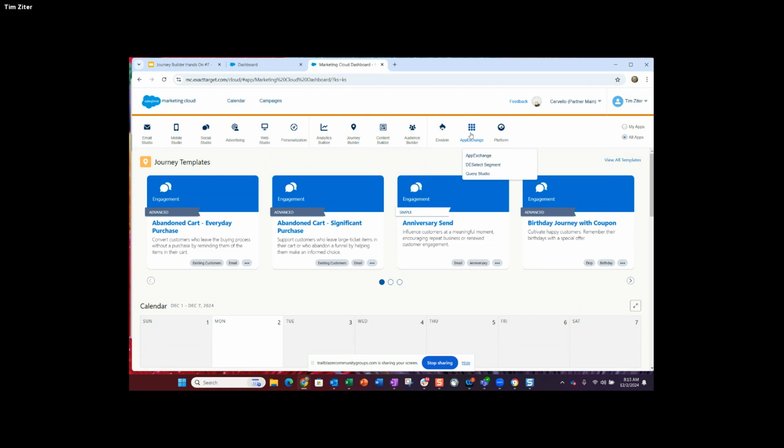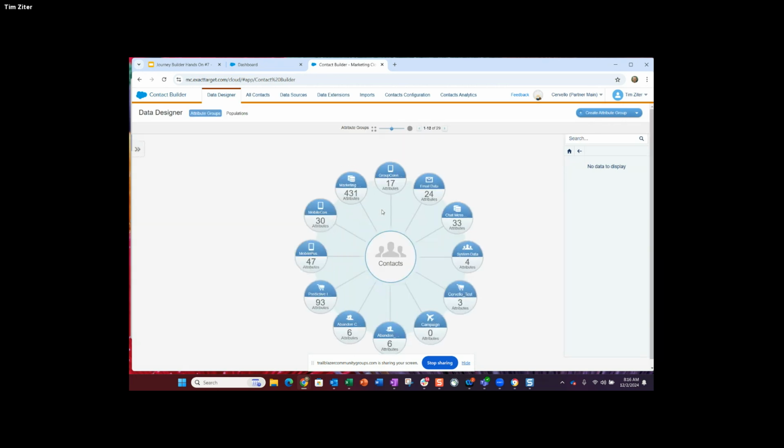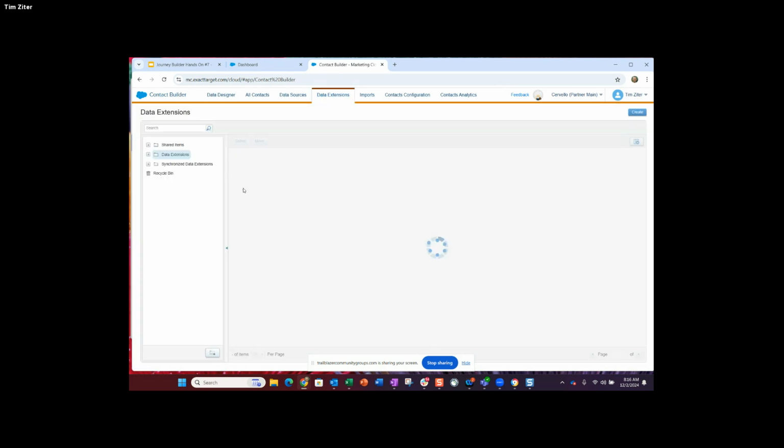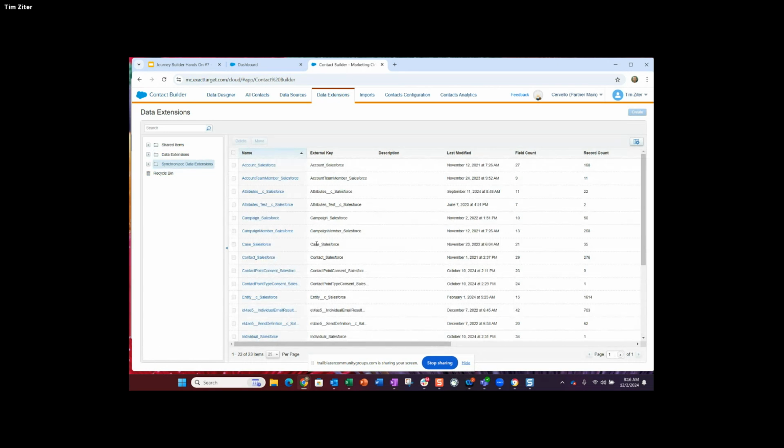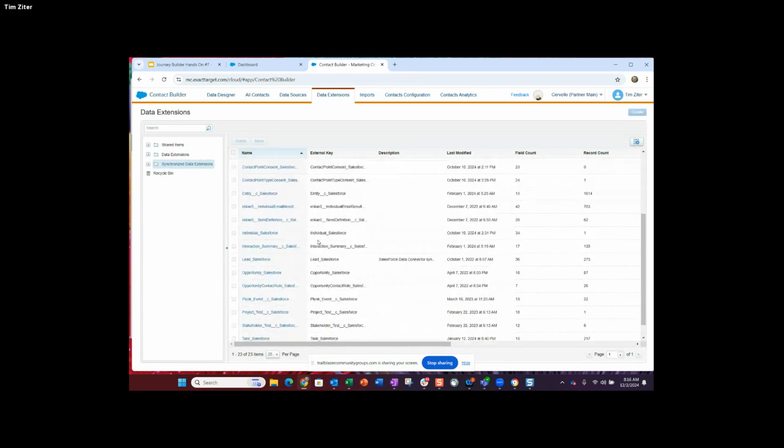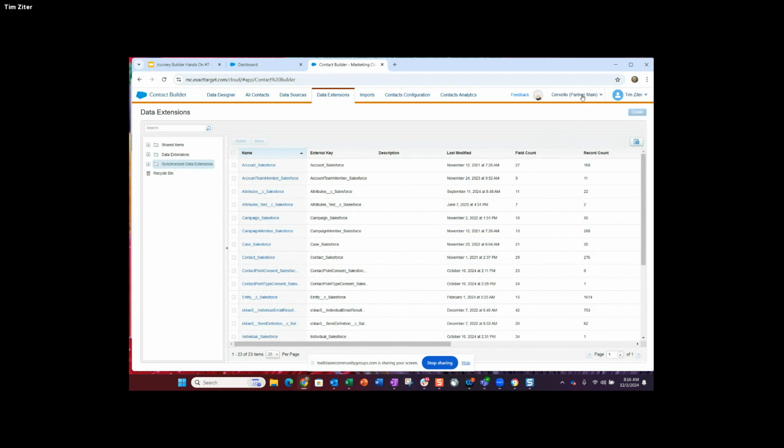If anybody has attended some of the hands-on sessions we've done with the Phoenix marketer group, you've probably seen this environment used quite a bit. This will be our playground for our hands-on sessions. We'll probably start in the main business unit for now. We do have connectivity to a Salesforce environment. We have Contact Builder hooked up with some synchronized data extensions right into Salesforce. So we've got the MC connector connected, and we've got leads, contacts, etc. All those objects synced in from the CRM environment.